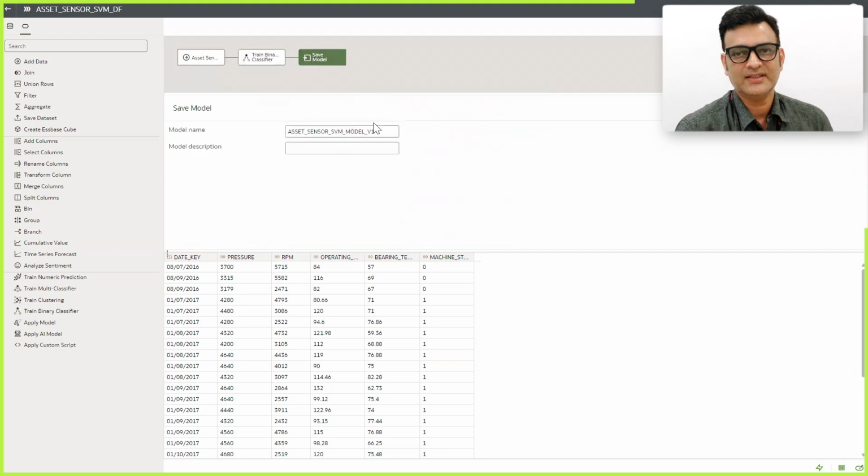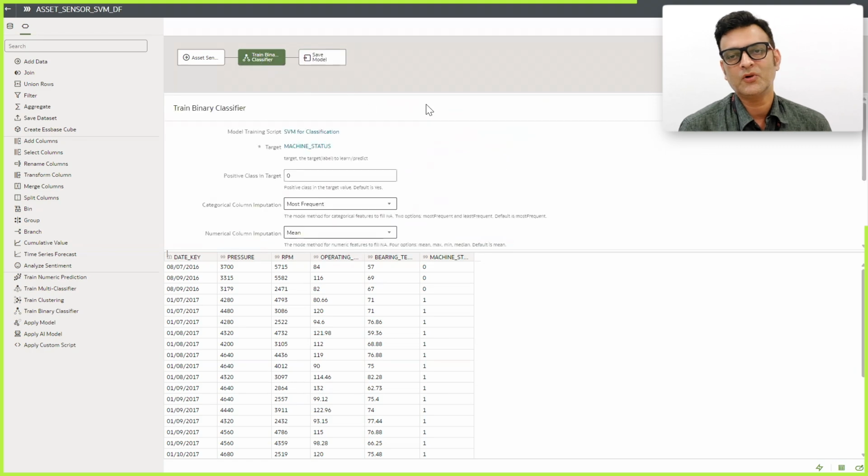Once the data flow is run, I will get a prediction, right? When I apply this machine learning model on, say, additional sensor data, I can find out whether a machine will break or not. But in this situation, I also want to know maybe what are the key drivers that are impacting, and maybe if I can come up with some rules around those parameters and their ranges, right? So in this case, what happens is once I have the machine learning model built,